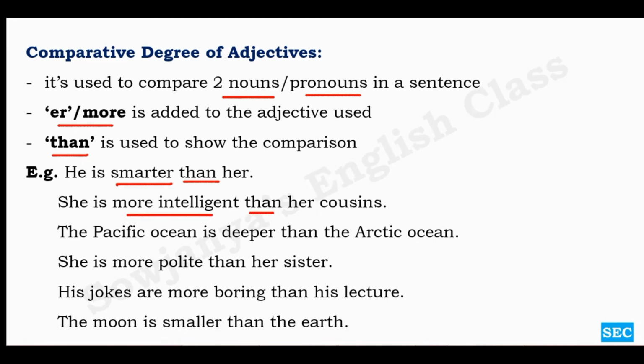So her intelligence is compared to that of her cousins. The Pacific Ocean is deeper than the Arctic Ocean. Depth is compared here, the Pacific and the Arctic Oceans. She is more polite than her sister. Her politeness is compared to that of her sister.